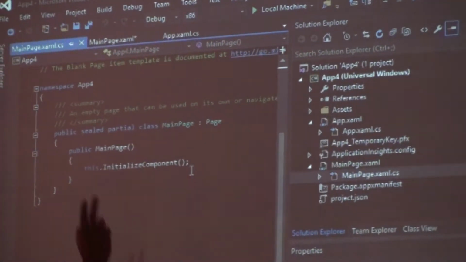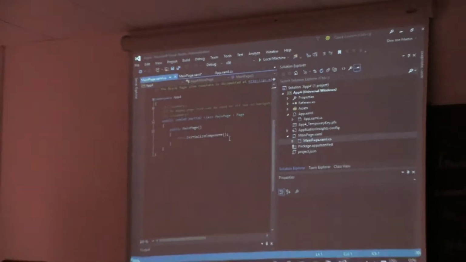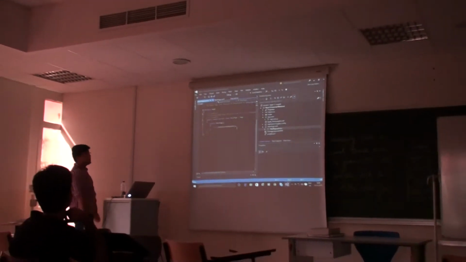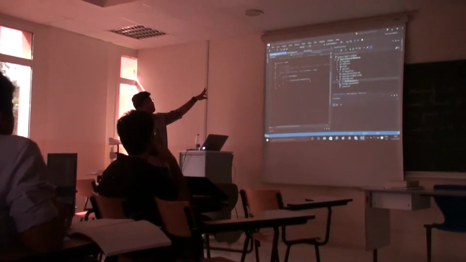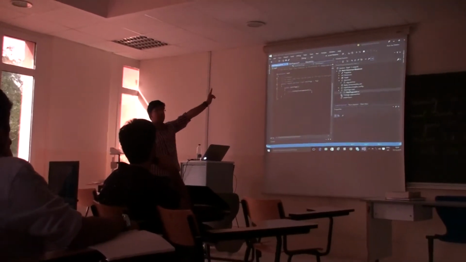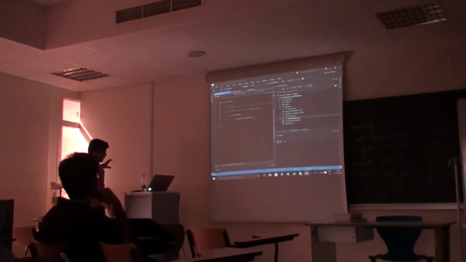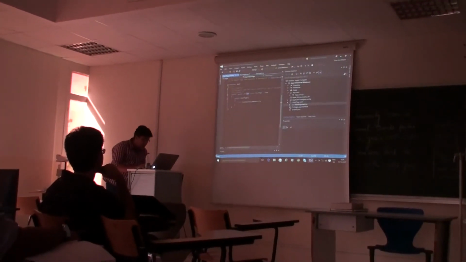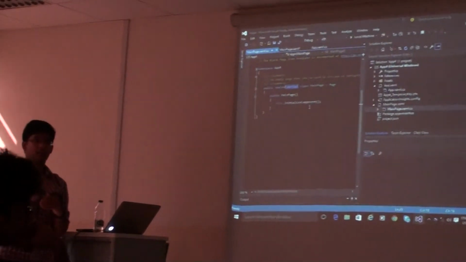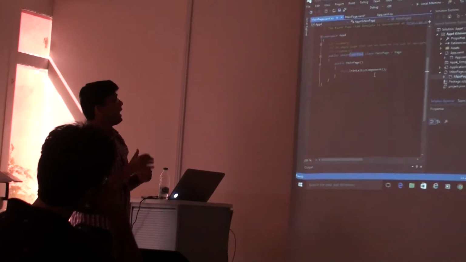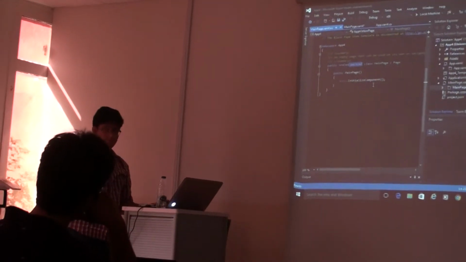I don't think you guys will be familiar with the concept of partial. Now as I said in the beginning, the app.xaml.cs is going to contain the entire amalgamated code for the entire thing, right? So the app4 namespace is your entire app. Now the major concept of partial classes: MainPage is going to be a huge class, and each class can be separately defined in separate pages.